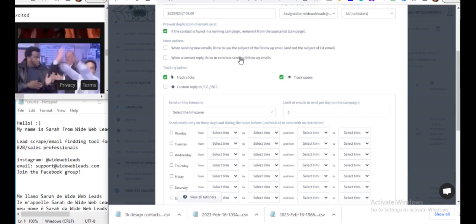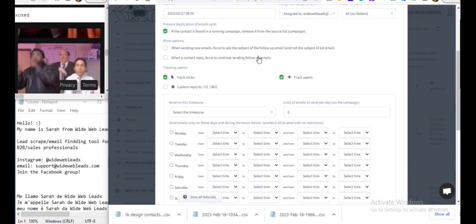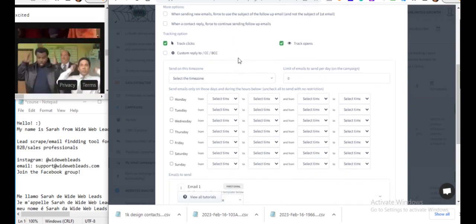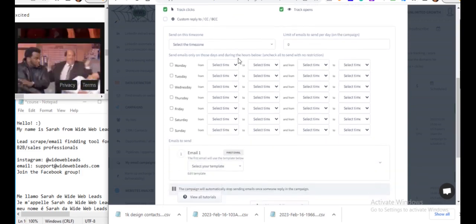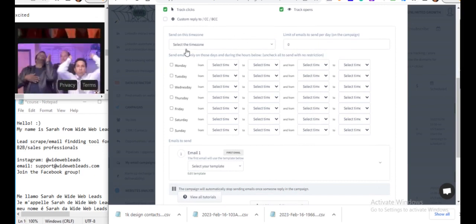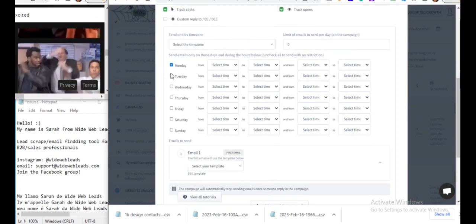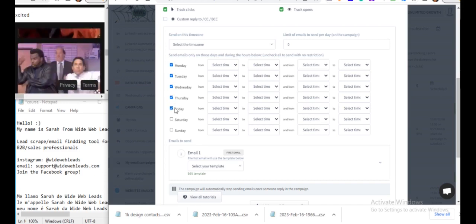And also, don't force sending follow-up emails if the contact has replied, because once they replied, we will reply back, and they won't be subjected to any other emails if they've responded.